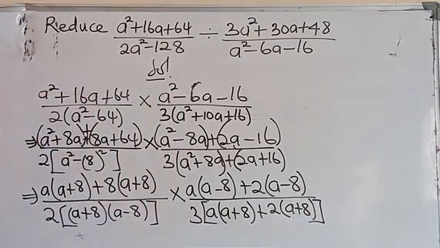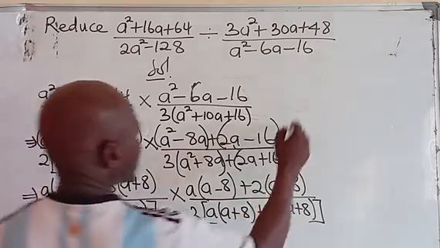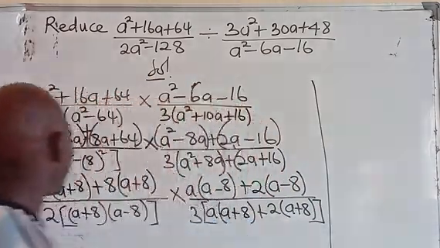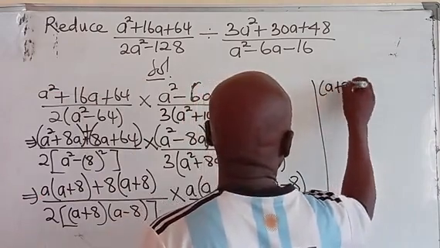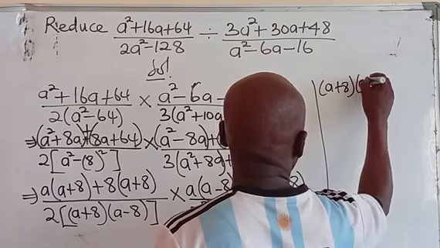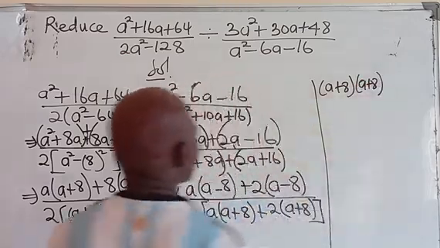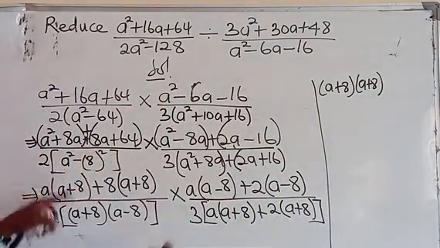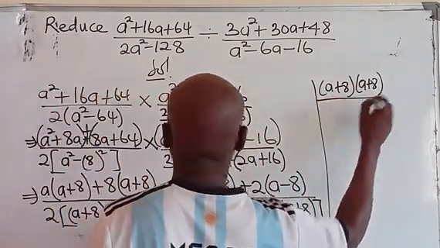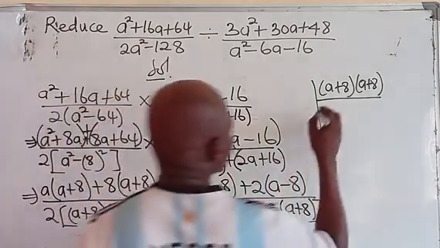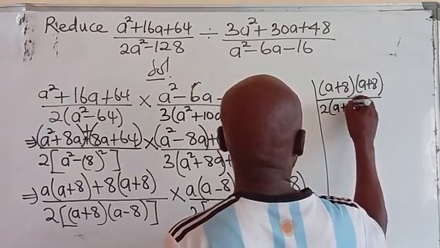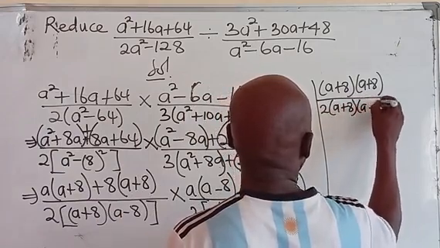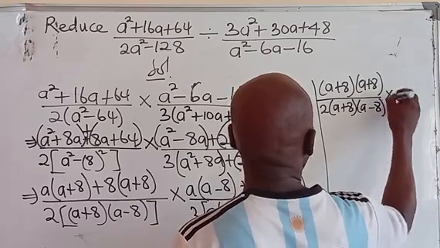Now let's factorize out. From here, I have a plus 8 and then a plus 8 for this one, all over 2 into a plus 8, a minus 8, like this. So times